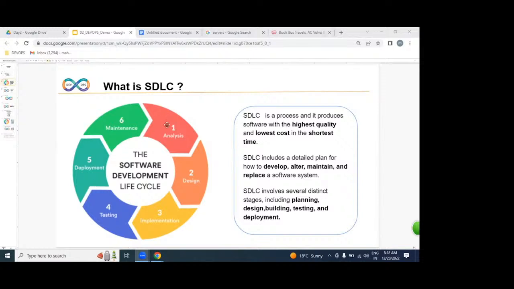How exactly, guys, please? How exactly are we going to do this? Analysis is nothing but what? Gathering information from the client. For example, if you want to construct a house, we need to gather the information or not: iron cost, cement cost, land cost, how much is required, what is everything. We need to gather information or not.